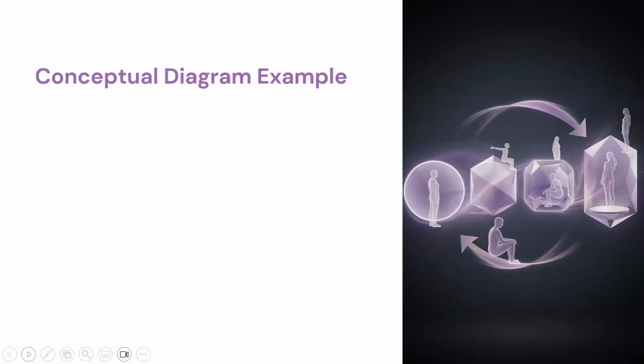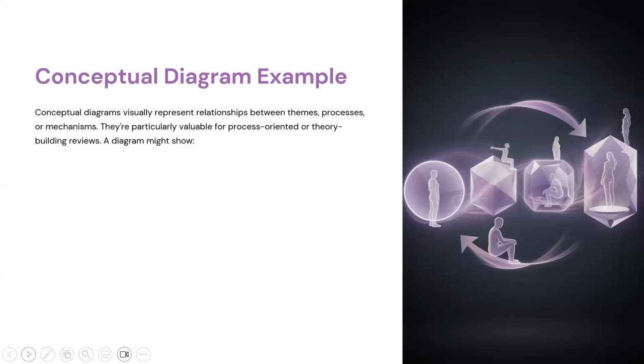Speaking of which, if we are going to be laying this out in a conceptual diagram, we have an example here. Conceptual diagrams visually represent relationships between themes, processes, or mechanisms. They're particularly valuable for process-oriented or theory-building reviews. And a diagram might show, for example, temporal sequences, so what leads to what, hierarchical relationships, so broader constructs and